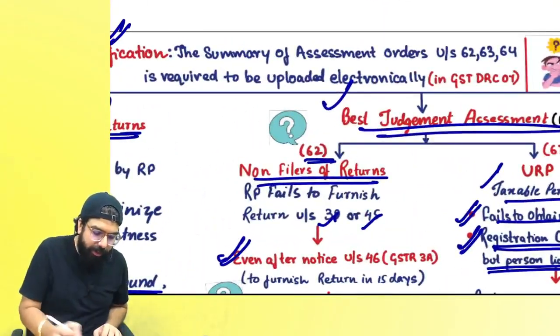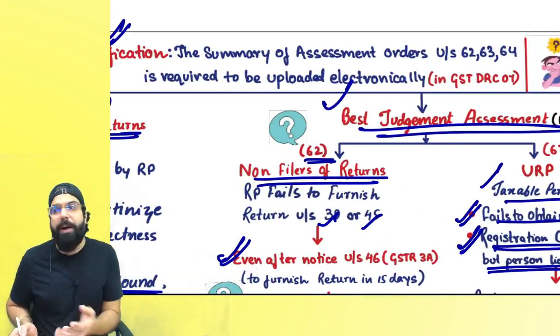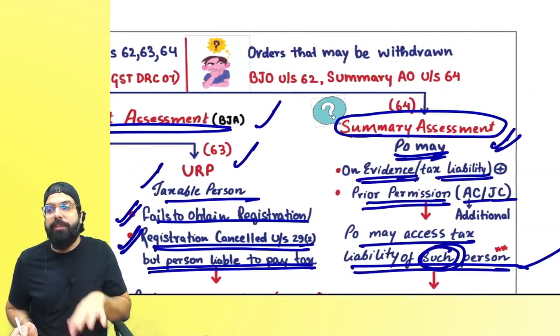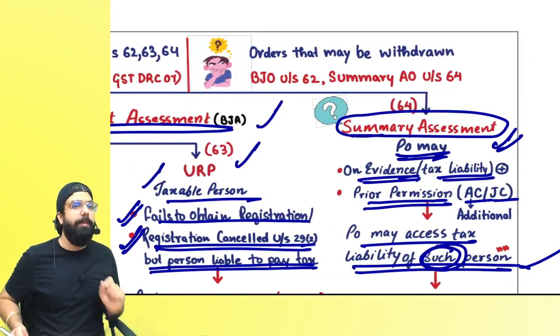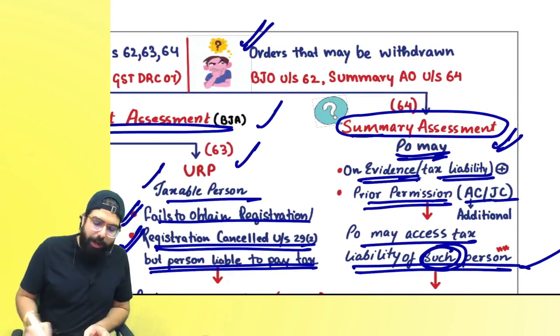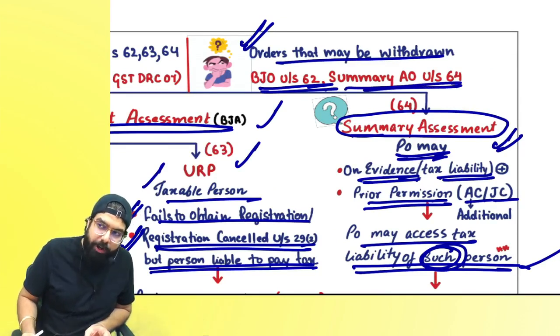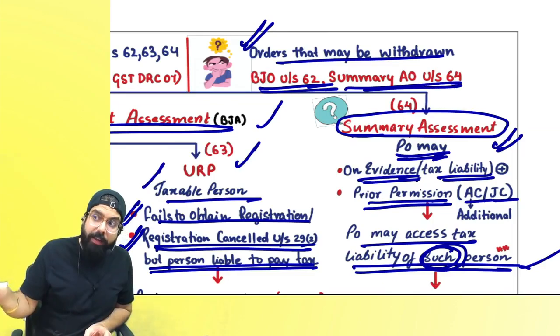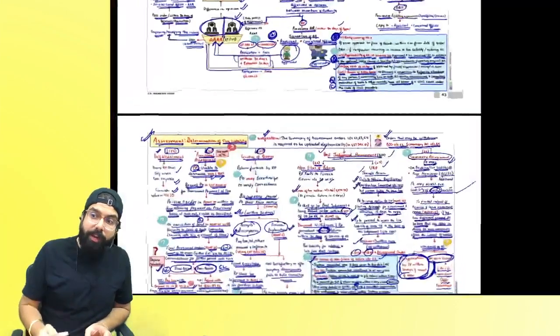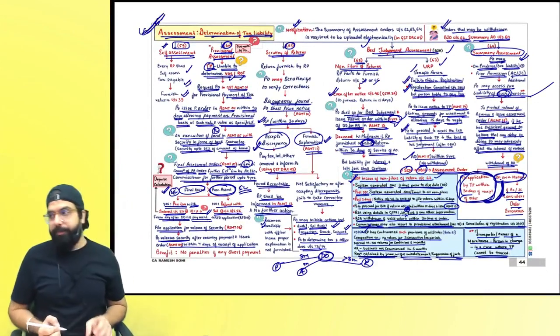In the exam, remember one thing, the assessment orders which are passed under sections 62, 63 and 64, their copy also has to be uploaded online using GST DRC 07. That's a summary of the demand order, basically summary of the orders. Next, what are the orders that can be withdrawn? One is best judgment under section 62, one is summary assessment order under 64, if the additional commissioner or joint commissioner considers the order passed to be erroneous. Assessment over here